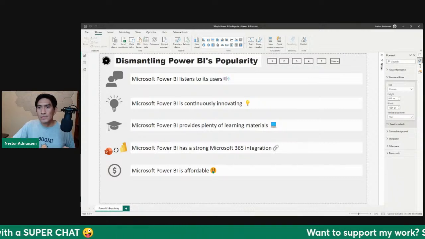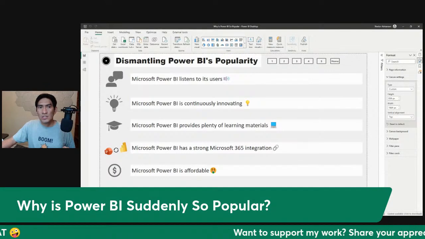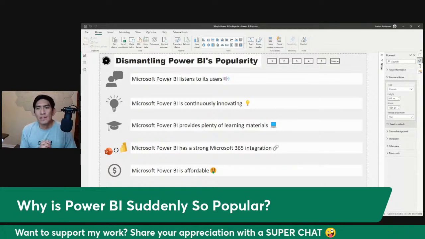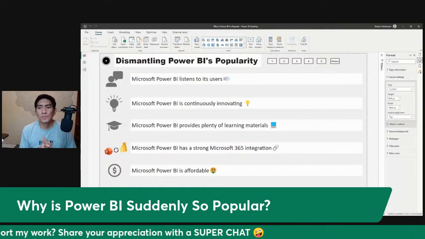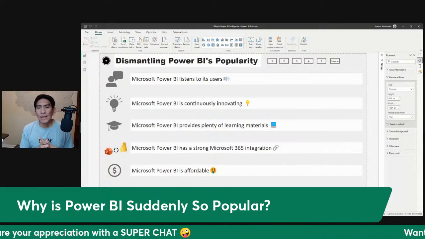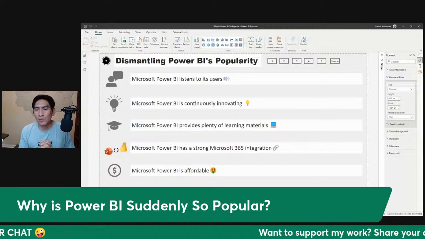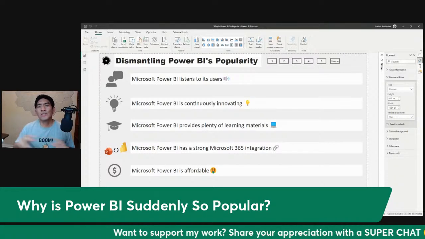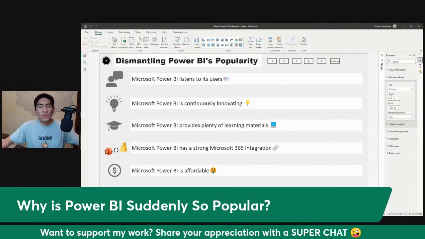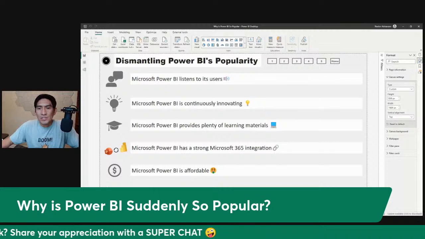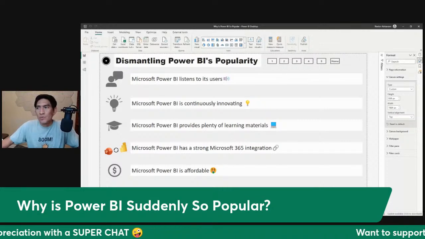Let's see. So this is a topic: why is Power BI suddenly so popular? I don't know if you guys have had experience with other data visualization tools. I have played with Tableau in the past, for a few years, but it's not my forte. I am more focused on Power BI, but there are definitely advantages if we use Power BI, like I said before.